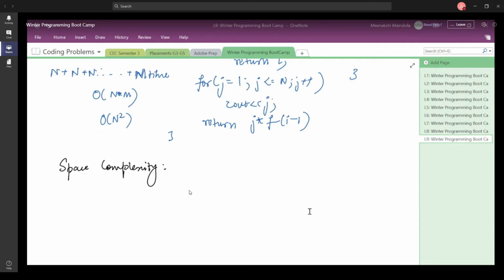Okay, so yes, you remember the process image, right? For every function that you create, including the main function, it is going to take up some space on the stack. So please focus on this part very